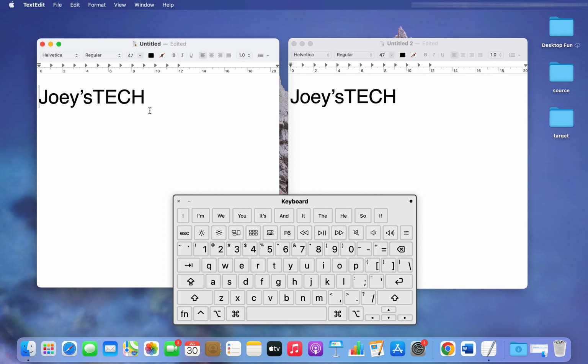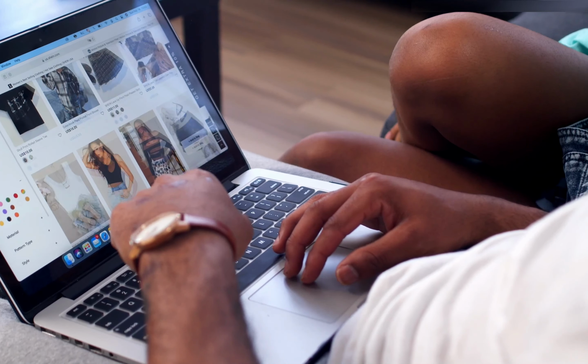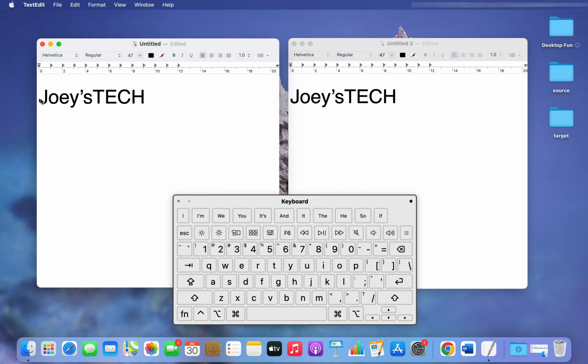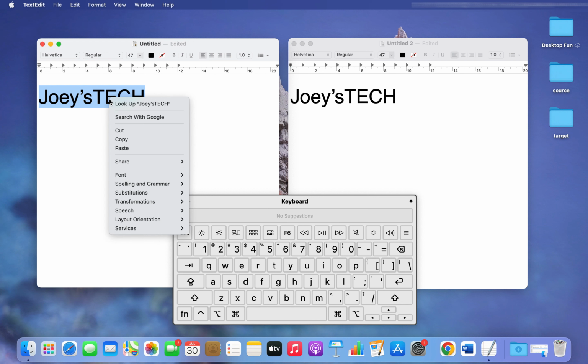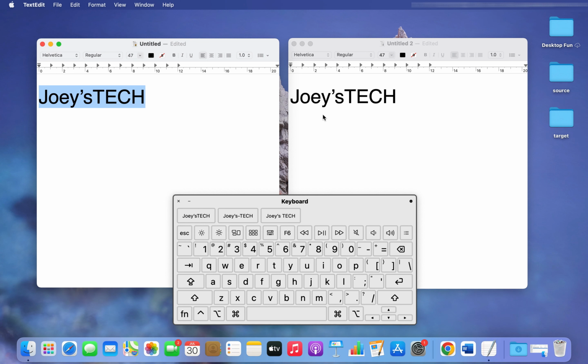Now I'm going to tell you how to do the same using trackpad. So what I'm going to do, my cursor is already over here. I am going to drag it across the text to select it. And then I'm going to use the first two fingers of my right hand to press on the trackpad. This is going to open this menu from which I'm going to select copy,